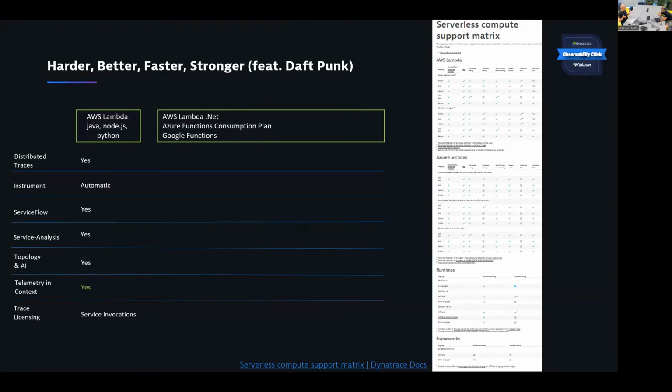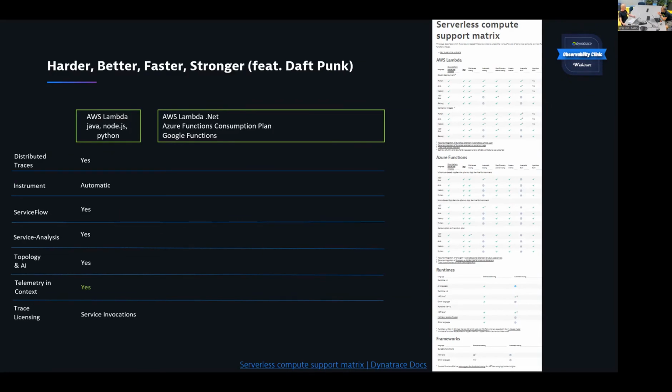Right now we have, for example, Lambda extensions for AWS Lambda for the three major languages: Java, Node.js, and Python. We just enable this extension and it automatically starts monitoring and tracing your functions, which gives you the full insights in Dynatrace, like you would have with a traditional workload on Kubernetes. You have the topology, you have AI-enabled services, and things like that. All this standard Dynatrace convenience you get out of the box. But when it comes to other